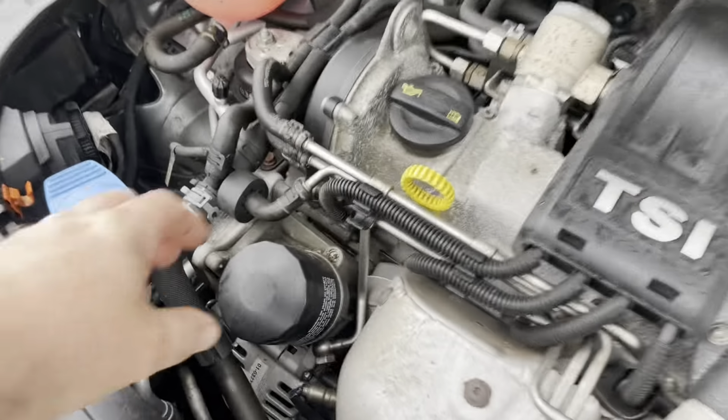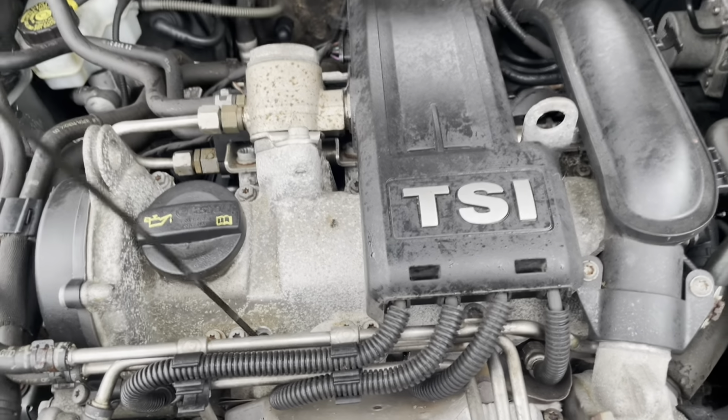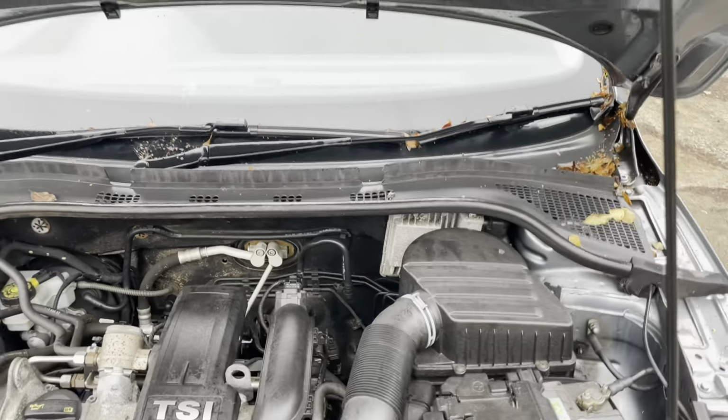Really good power out of these actually. Batteries reconnected. Looks like it's been serviced fairly recently. The oil filter's nice and clean. It's got nice fresh oil in it. And the coolant level's good. So we're actually going to drive this one home,